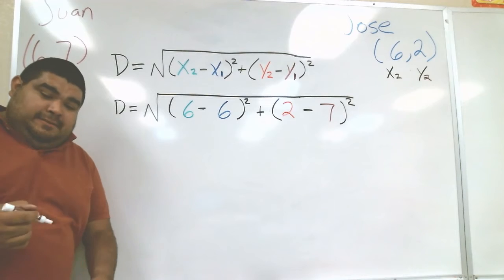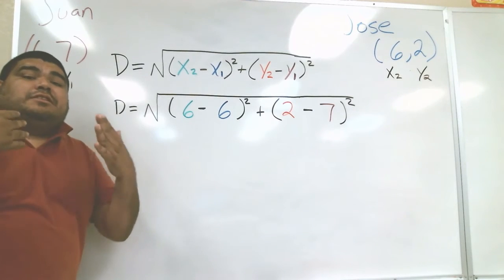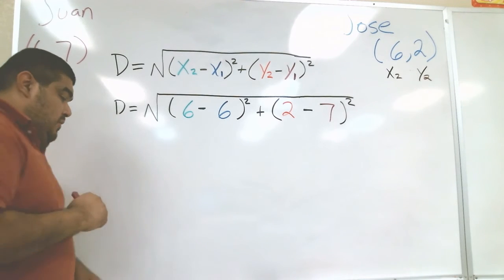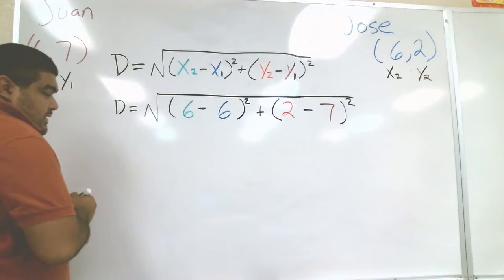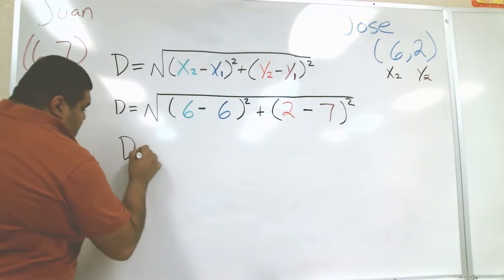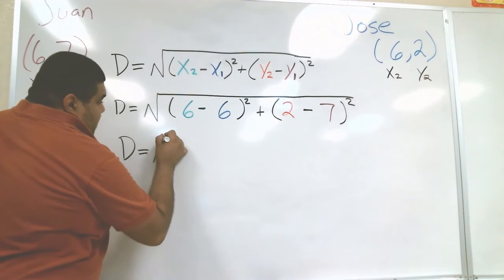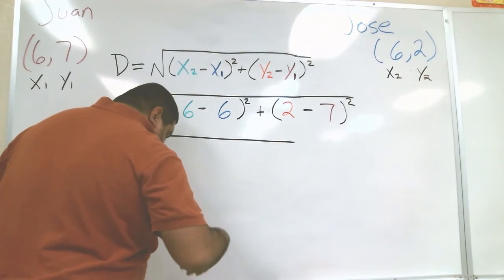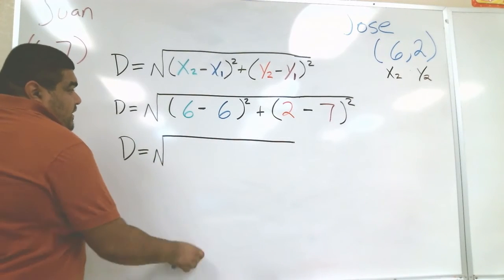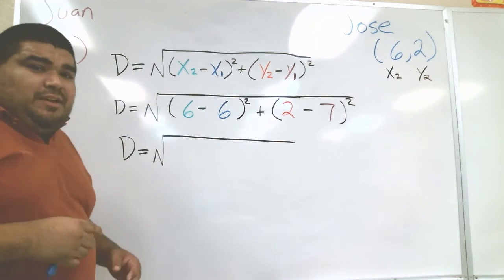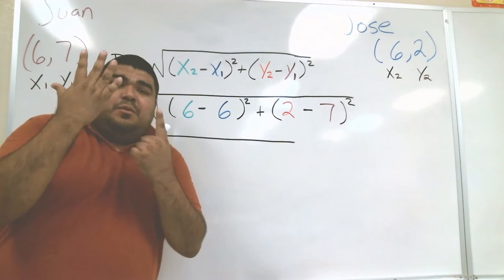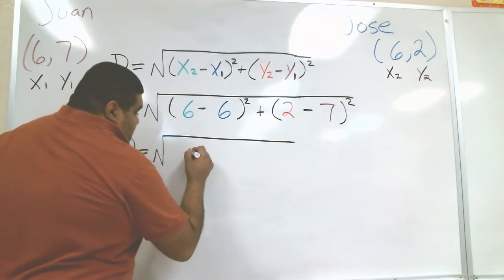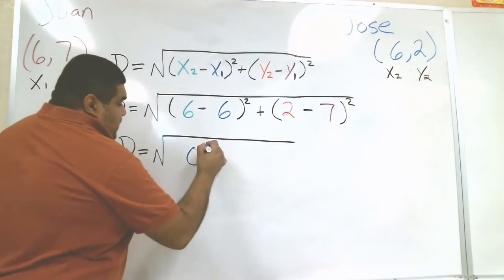Now that we have that, we can actually start combining numbers together. Okay? So, again, we write our D equals, don't forget the radical, the little house. So we can actually start with the first one, which in this case is 6 minus 6. So we have 6, right? We have 6. And then we subtract those 6, we have 0. So we have 0 squared,